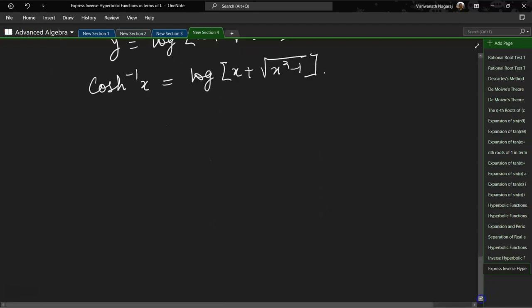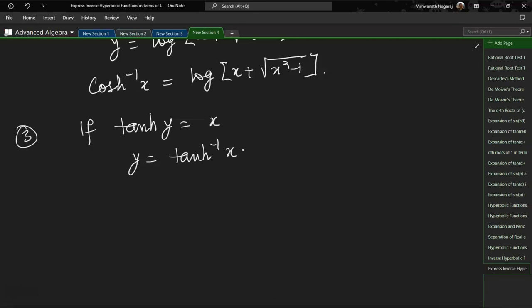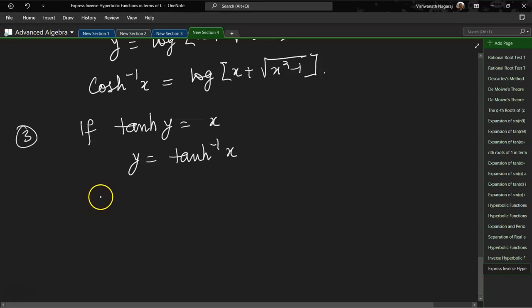Okay, so now let's look at tan. So if hyperbolic tan of y is equal to x, we can say y is equal to hyperbolic tan inverse of x. Okay, now let's try to write it in logarithmic form. So what do we do? Hyperbolic tan of y equal to x. We can't do anything with x itself. Let's convert this into